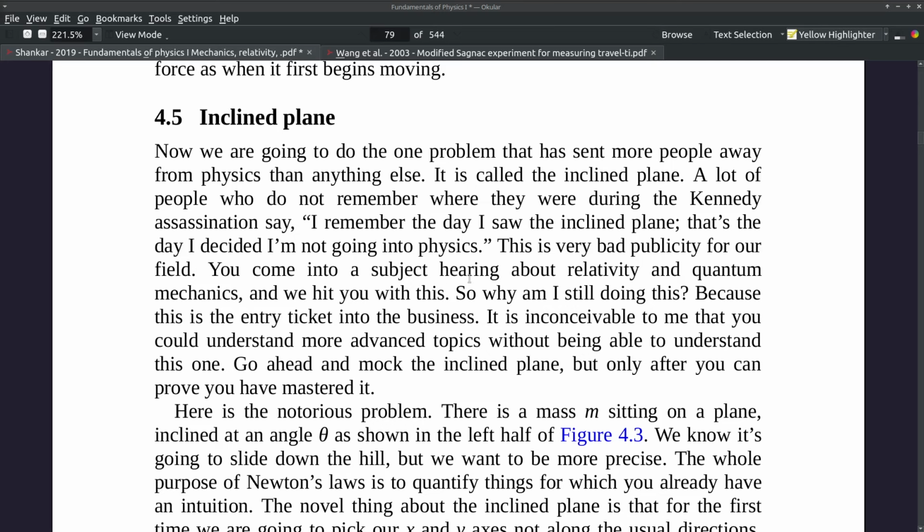You come into a subject hearing about relativity and quantum mechanics, and we hit you with this. So why am I still doing this? Because this is the entry ticket into the business. It is inconceivable to me that you